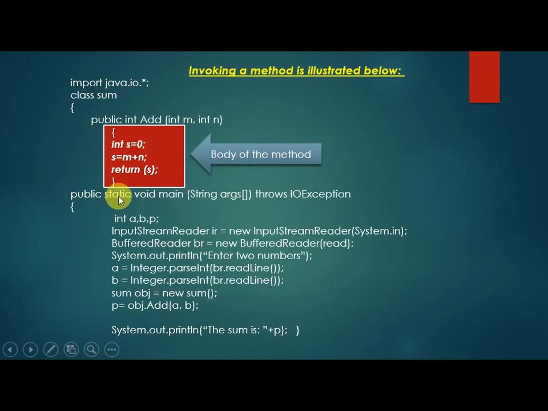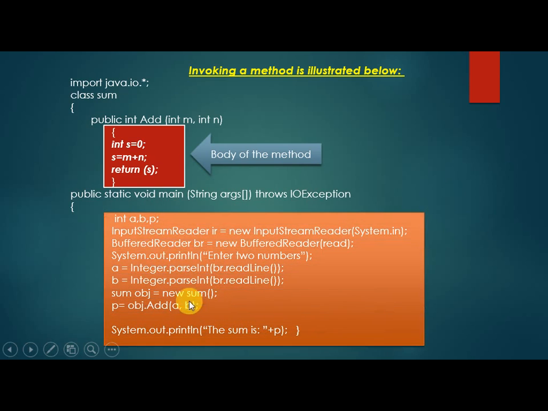After that we have public static void main. In this we have three variables a, b and p. So a and b the user will enter and p will store the sum of a and b. So p equals obj dot add a comma b. Before that, sum obj equals new sum.